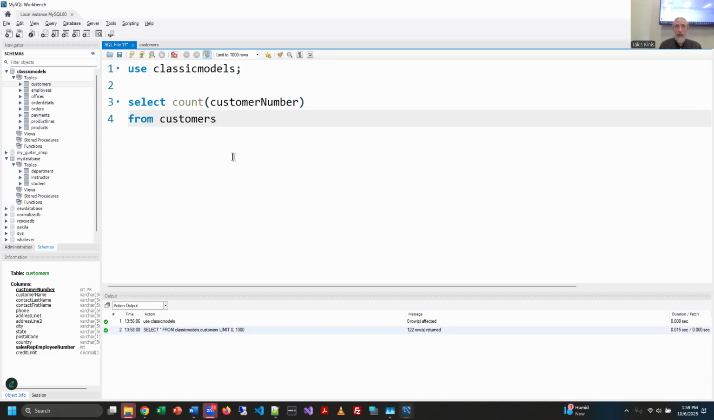And eventually we know we're going to use a group by statement. But we're going to count the customer number. So each unique customer has a unique customer number. So we're going to count those. And then if it's helpful for you, and I would call this an optional step, I'm going to alias it. I'm going to say number of customers,